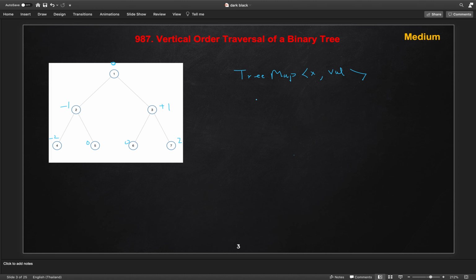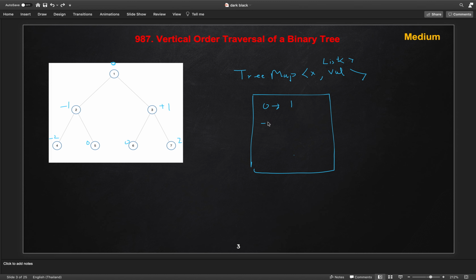If we fill this map for this simplest example, first we get 0, and we keep a list of values there because we have to track all the nodes having the same x coordinate. So in 0 we add the root value, which is 1.